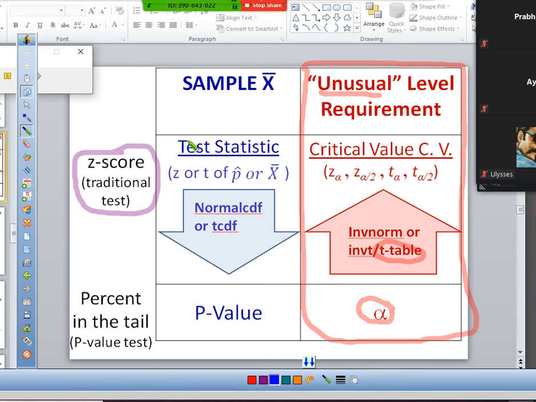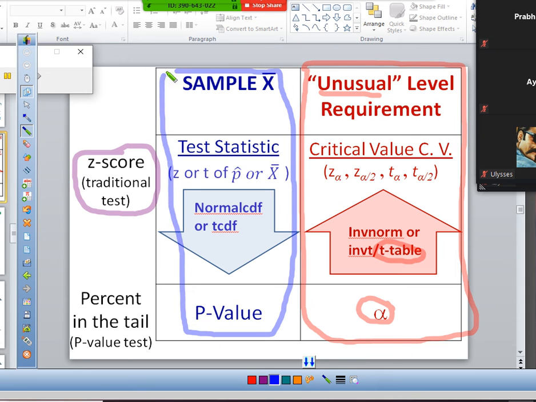Then you take a sample, and your sample will have a test stat and a p-value. And you're going to use your formulas, right? Your z-score formulas, test stat minus your mu or your p-hat or p-naught divided by your standard deviation over square root of n to find your test stat. You're going to find your z-score for your sample.